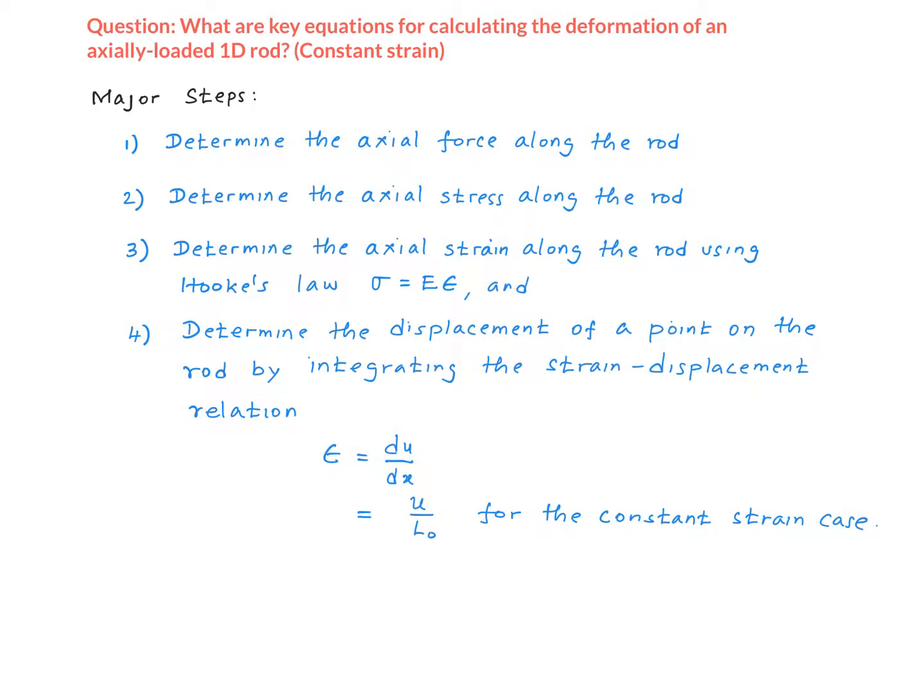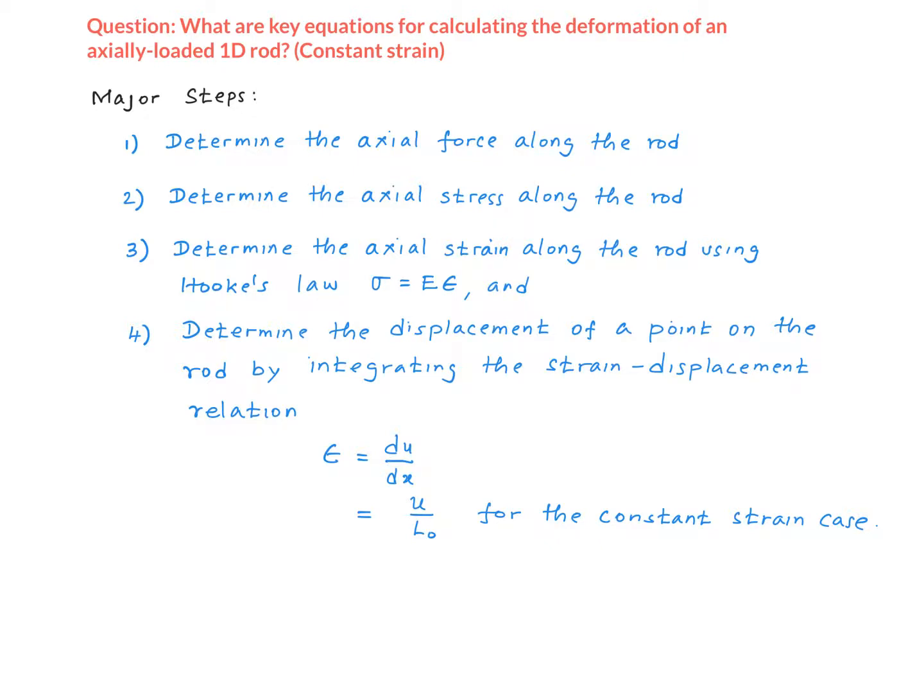Step 1, we calculate the axial load along the rod. Step 2, we calculate the corresponding axial stress sigma along the rod. Step 3, we use Hooke's law, sigma equals E times epsilon, to determine the axial strain along the rod. And finally, we integrate the strain displacement relation epsilon equal du over dx to determine the displacement u at any